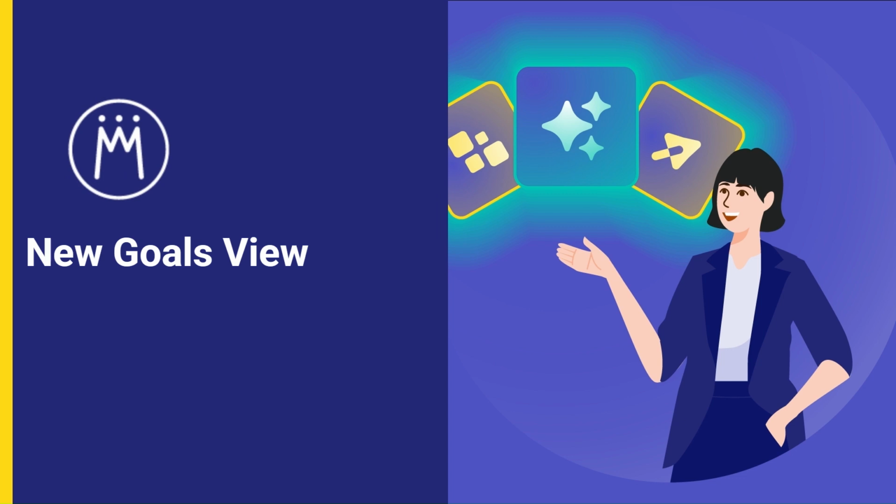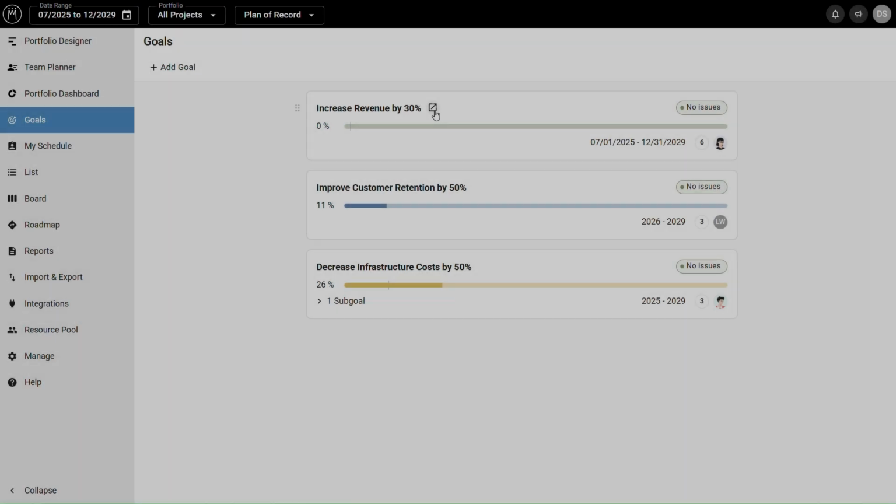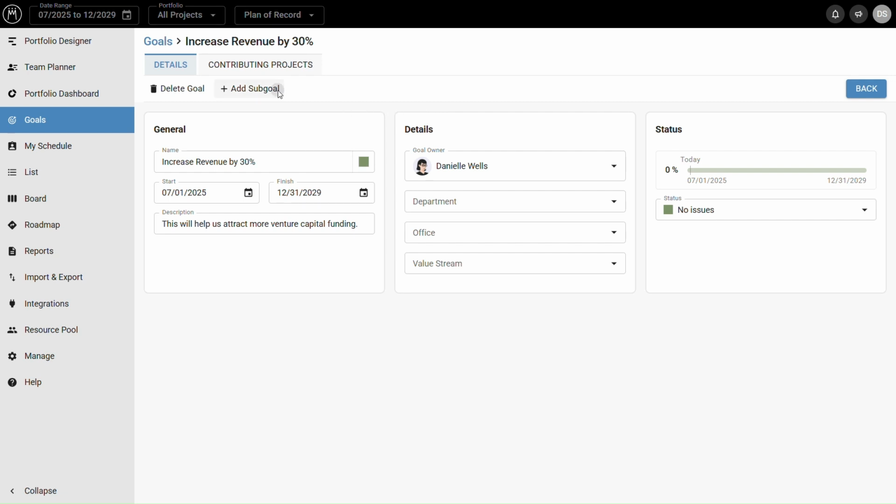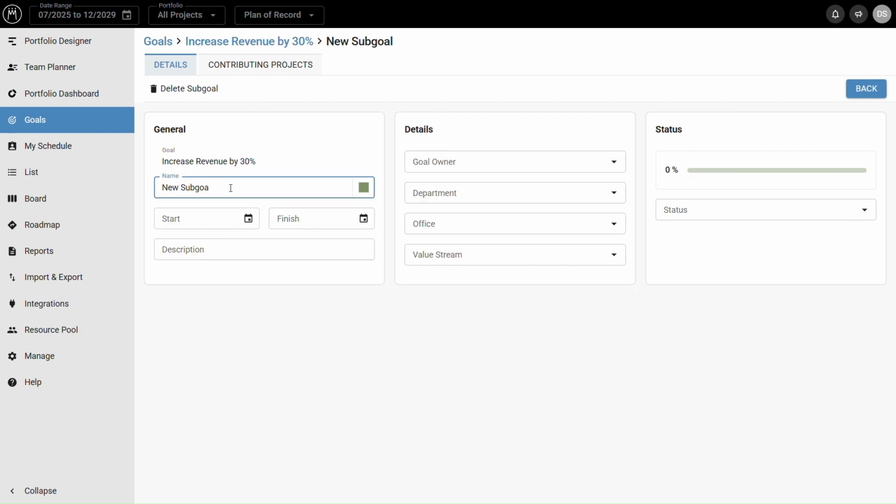Strategic clarity often starts with a simple question: what are we trying to achieve? With the Enhanced Goals view in Meisterplan, answering that just got easier. As a portfolio manager, you can now easily create and organize goals and sub-goals directly in Meisterplan. This helps ensure your team's work aligns with your